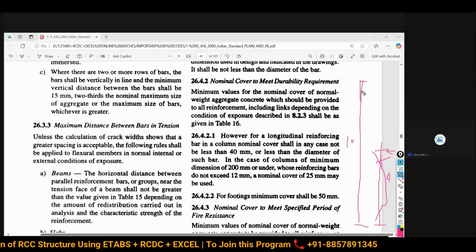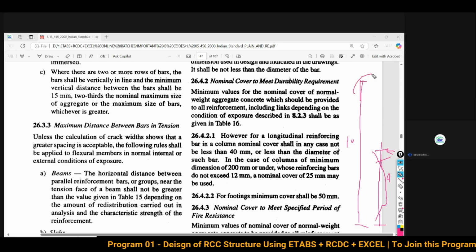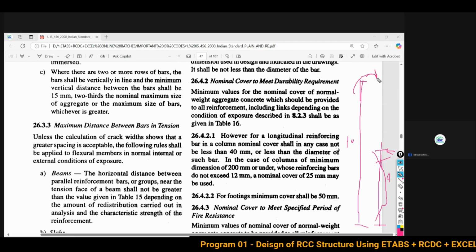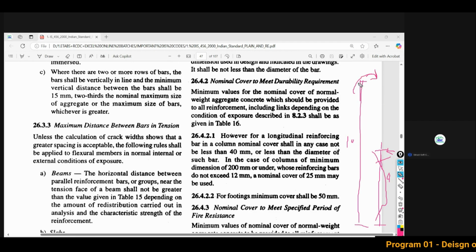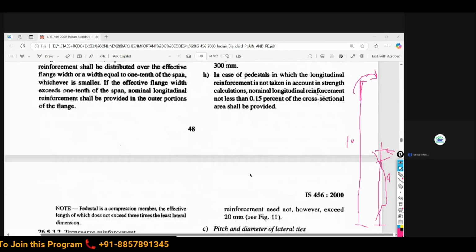It is not the concern of the section, it is the concern of your reinforcement. So your reinforcement demand will be much higher when your moment increases and your flexural response increases. So it is possible for your long column. So the IS code has said that you have to consider the additional moment for this long column.